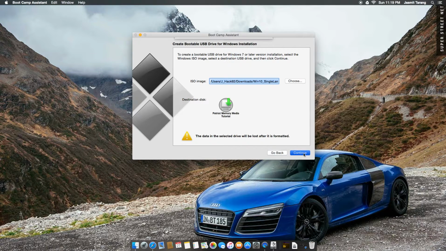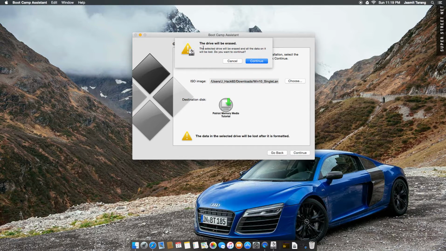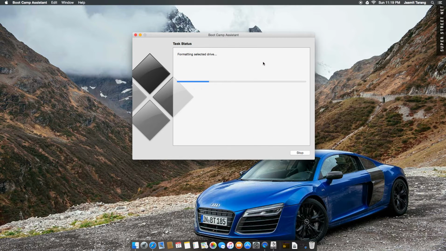So now it's going to format it and dump the contents of the ISO to there. So it says the drive will be erased, continue, and now it's formatting the drive, and now it's copying the files. Now it may take a while once it gets to, I think, about here or here, just because this is the part where it's going to copy over the install WIM, so it's right here. And that's roughly, I want to say, about 3 gigs, so it may take a while. But anyways, so once that's done,